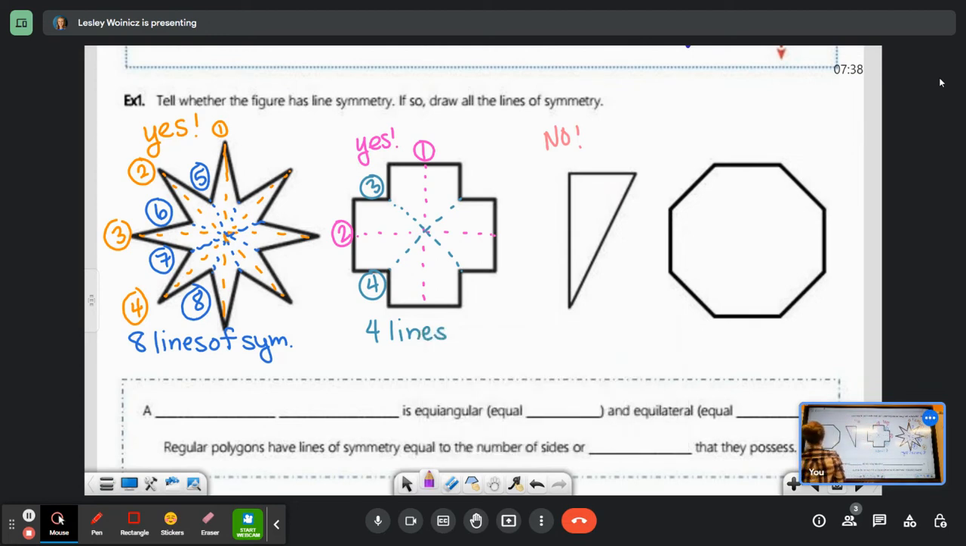Next one. This is an octagon. We got 1, 2, 3, 4, 5, 6, 7, 8 sides. It's like a big old stop sign. This one has lots. Okay, let's start with the faces and then we'll go to the vertices, the corners. So here's 1, 2, 3,